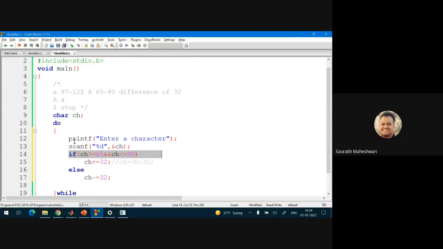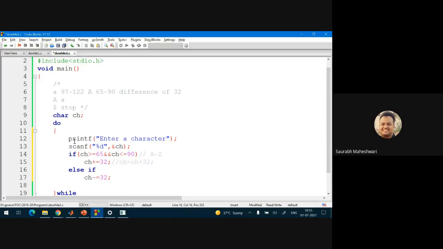65 to 90 is handled here. Sir, but the user can also enter 0 to 9, and any other special characters also. So look, who all came into this else? In the if, those between 65 and 90 will be true. Now in else, 0 to 64 also came in, and then 91 to 255, this complete range came in this particular else. So this is wrong. We do not want to add or subtract 32 for everything. That is why else will not work here.